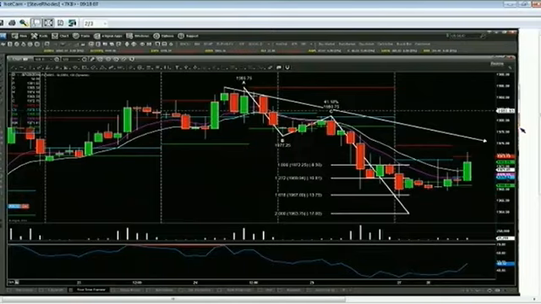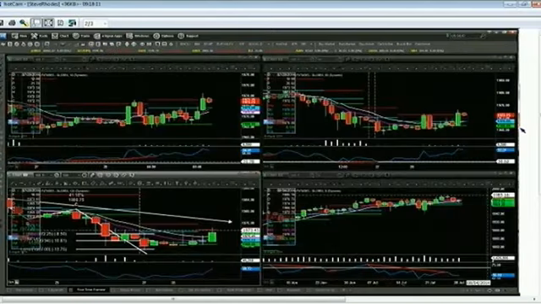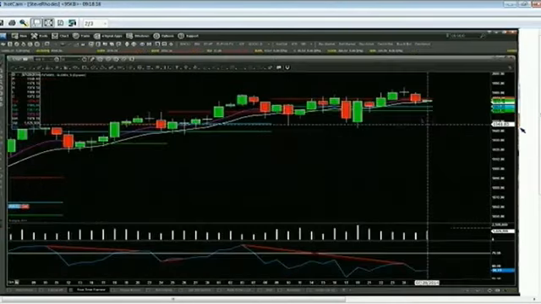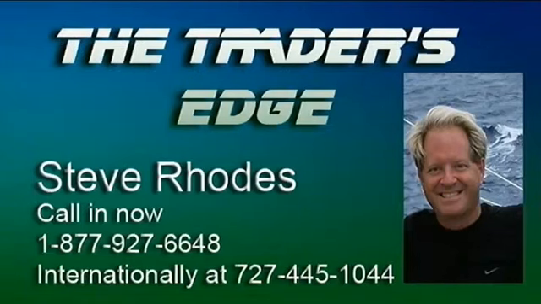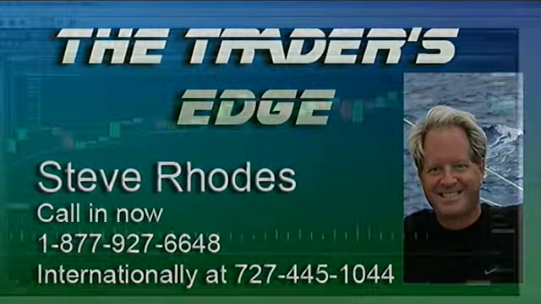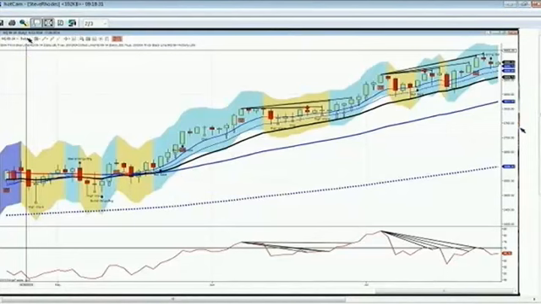If we look at the daily chart out here, still in neutral to bullish configuration. Won't get into that bearish configuration until it breaks through that 1961.45 level. But let's do this here while we have a minute before we go to break. Let's take a look at last week itself. Here's the daily chart. These are the Rhodes Momentum trading indicators on here. But let's go ahead and put this on a weekly chart because we had the weekend.